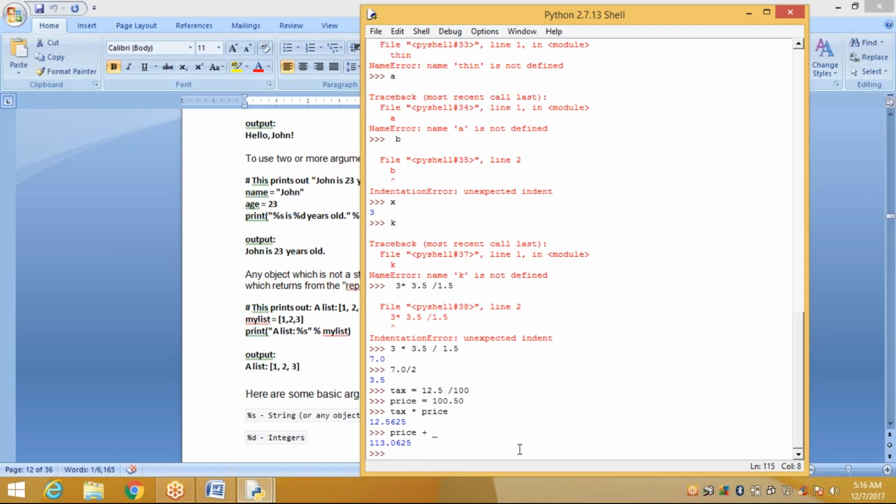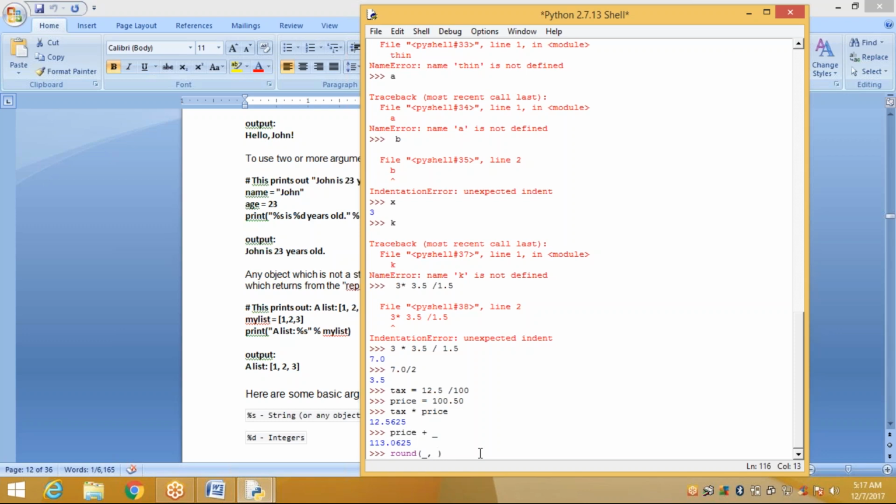113.0625. Now I want to round the price. I want to give 113. How to apply it? Round off. The previous calculation is 113.0625. Now I apply underscore, comma, and the number of digits to round.